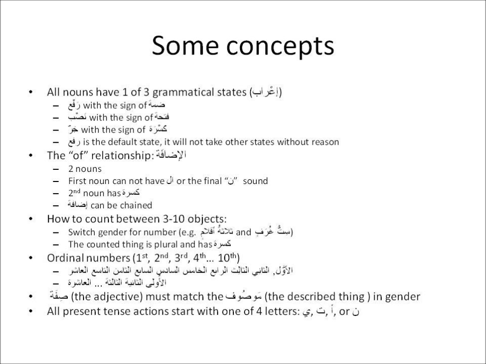You can chain the idafa together, as we saw in the first conversation, when Ahmed said, ما رقم شقتك. رقم is a mudaf. شقتي is the mudaf ilayh for that word. That's why it had a kasra at the end, at the ta, shaqati, because it is mudaf ilayh. It is the second word in the "of" relationship for raqmu. Now shaqatik is another idafa, so it's a structure of its own.